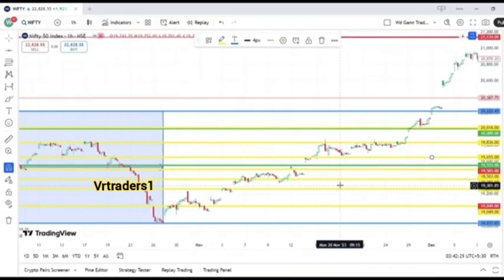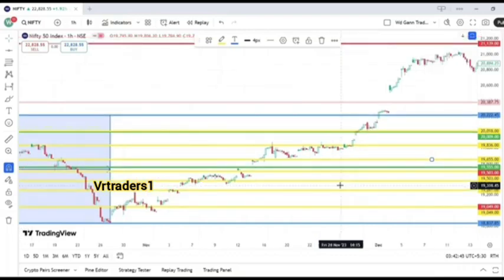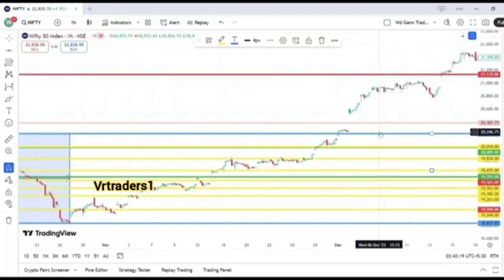So in this way you can find good support and resistance levels with the help of the modified version of the Gann square of 9. You can try different examples and check the accuracy of it. You can check for the higher time frames. Also you can check for the lower time frames like 5 minutes, 15 minutes. But always remember that whenever you are doing this, the difference between major high and major low should be minimum 150 plus candles.